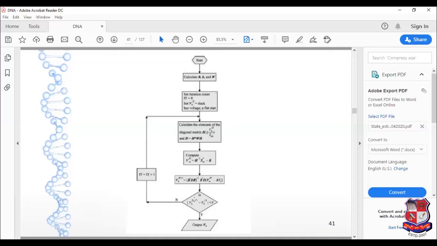Once again, after the first iteration and second iteration, if we take the subtraction of these two, we have to assure that it is less than 10 raised to minus 4, which is our tolerance limit. If it is not, then we have to carry out one more calculation, that is iteration count 3. Iteration count 3 will most probably obey this tolerance condition, and then the results will be printed.